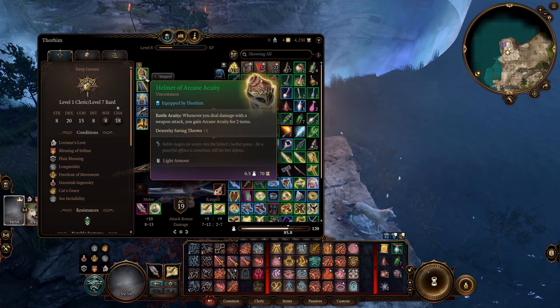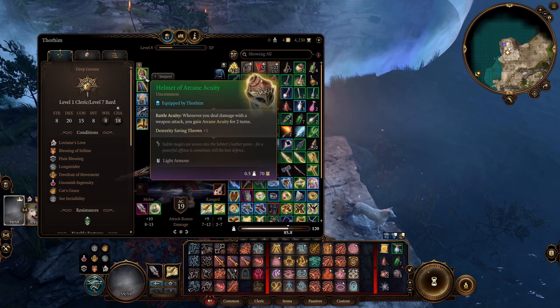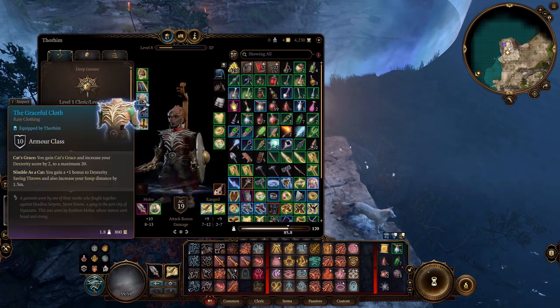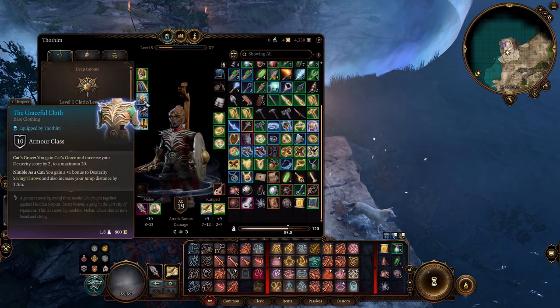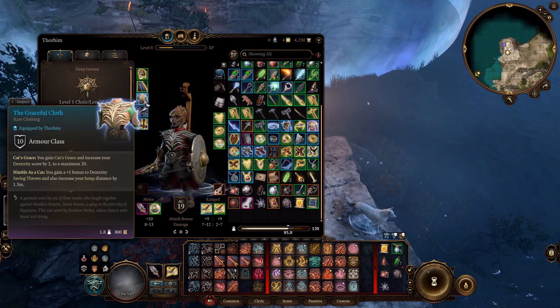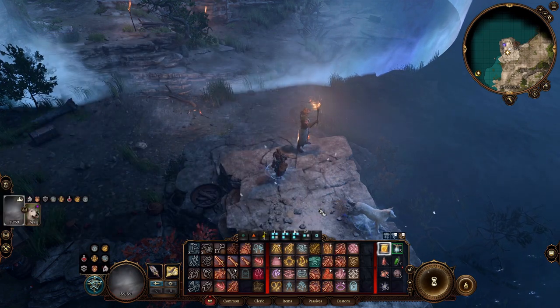This is important because we need to get our spell save DC as high as possible, and this is the easiest way to do that right now. We have our Cloak of Protection, and we have our Graceful Cloth. We're using this because we want to maximize our damage, because there are some of the enemies we won't be able to crowd control, and I'm actually going to, before I forget,